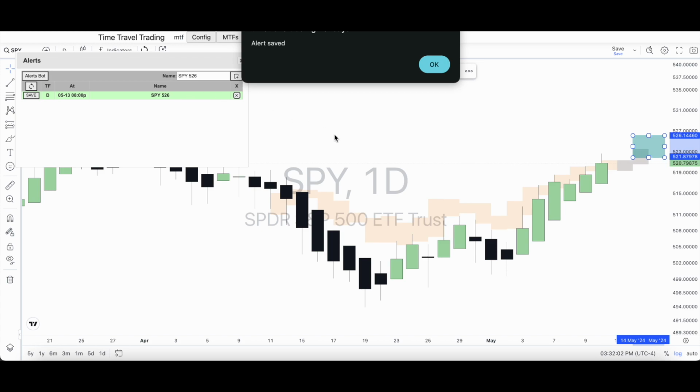And one thing that is really important to note is you can make multiple alerts for one ticker and they will all show up in a list in this alerts box. However, if you switch to a different ticker, for example, if we switched over to Meta and created an alert, it would have its own alert list within that box. So you're not going to be seeing your SPY alerts with your Meta alerts or any alerts mixed between tickers